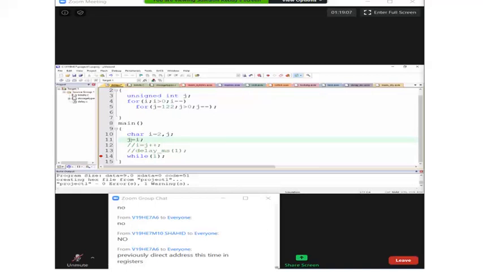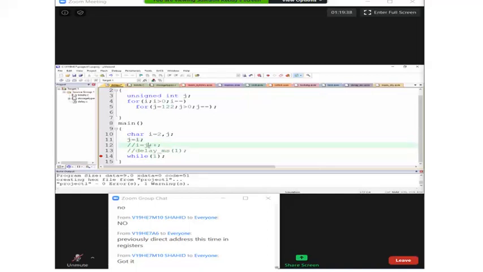In such a case, the compiler will think of optimizing it. The compiler will go for optimizing that code because I and J are holding the same thing. So why waste the memory for both of them? Optimization means what? Code size reduction. If suppose J is being used somewhere, then it will not happen. Like here I am using J in the second case, so it is not optimized.